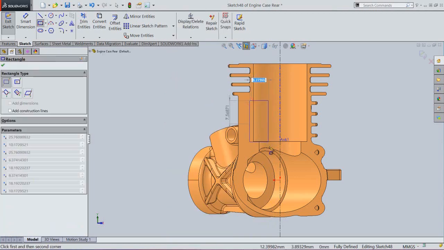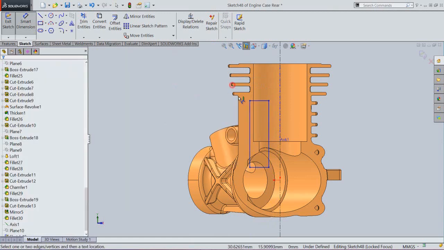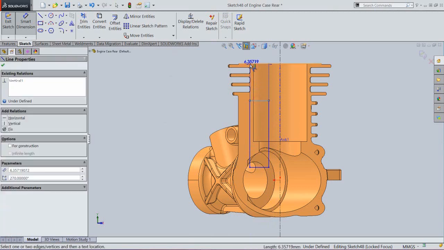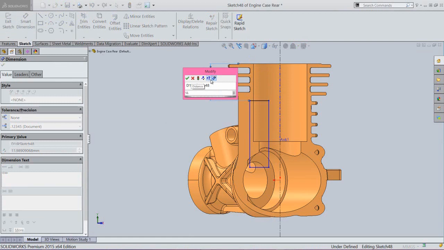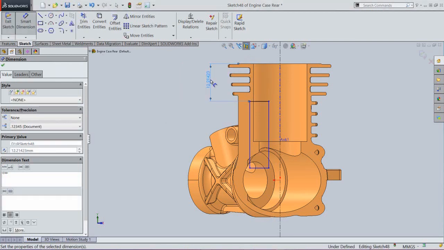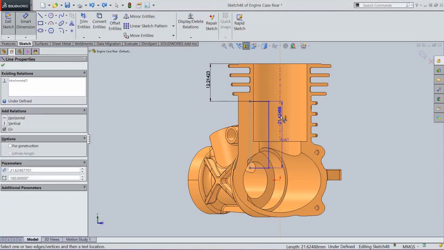Now we will create a rectangle from here. Select this line and this edge and apply dimension 12.21 mm. Create another dimension between this line and the center line.